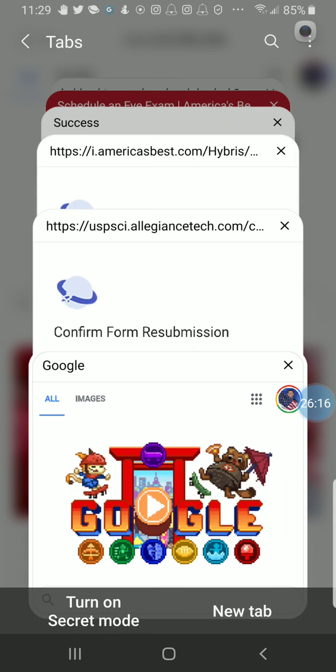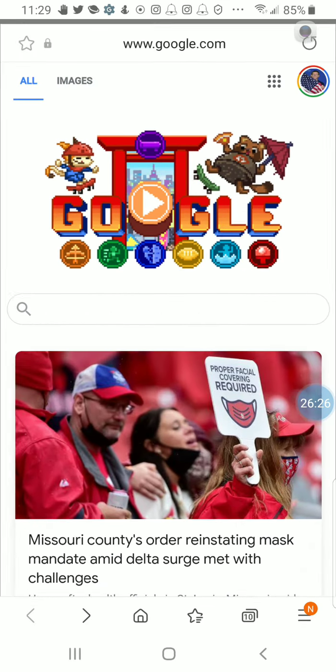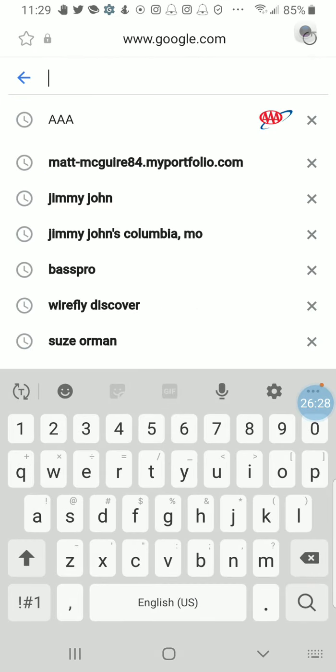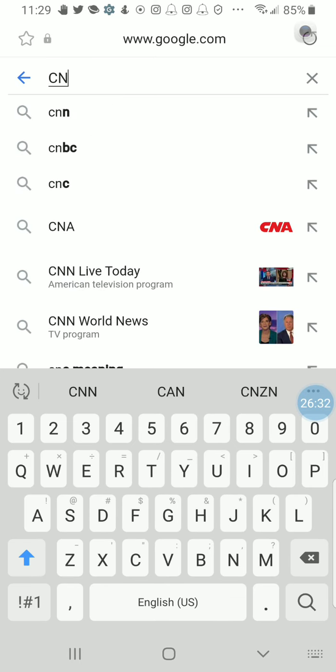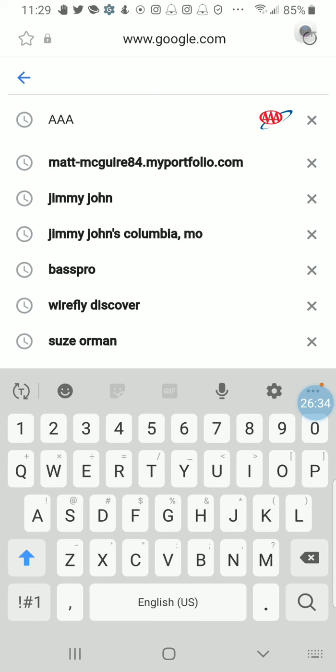What's it going to do? Well, since there was no tab created, I guess tabs are kind of another way of stating a bookmark. But still, if I were to search CNN.com or Fox News on here.